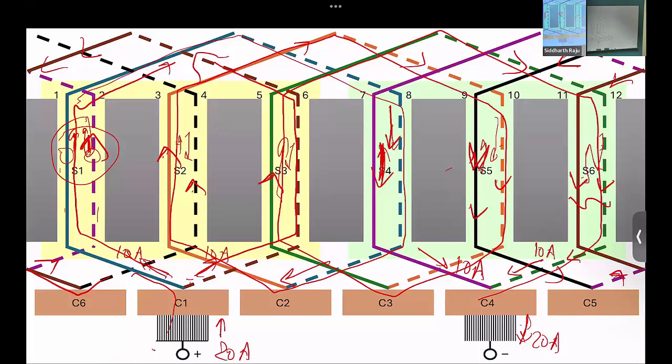So very large motors with very high current going through them but low voltage would use these parallel paths. Motors which have very large voltage and very low current would use the wave winding. In lap winding with higher pole count, there is a problem that is introduced called a voltage imbalance because as these rotor